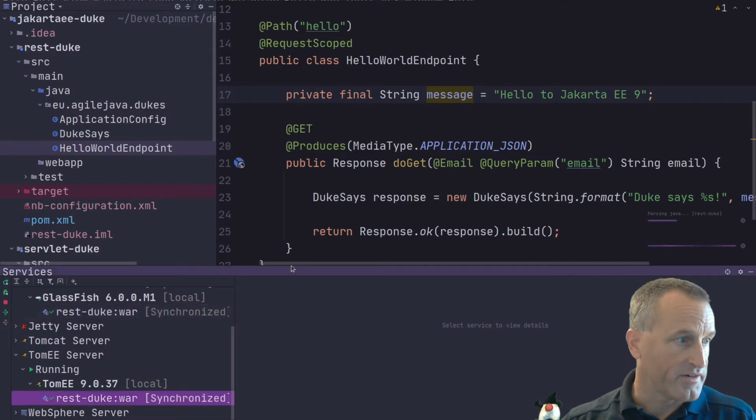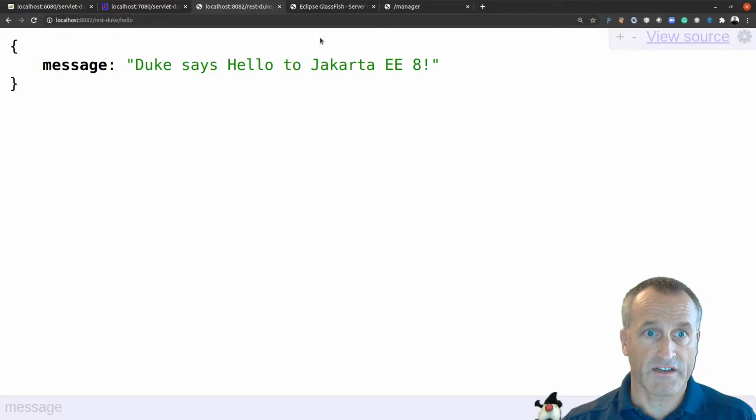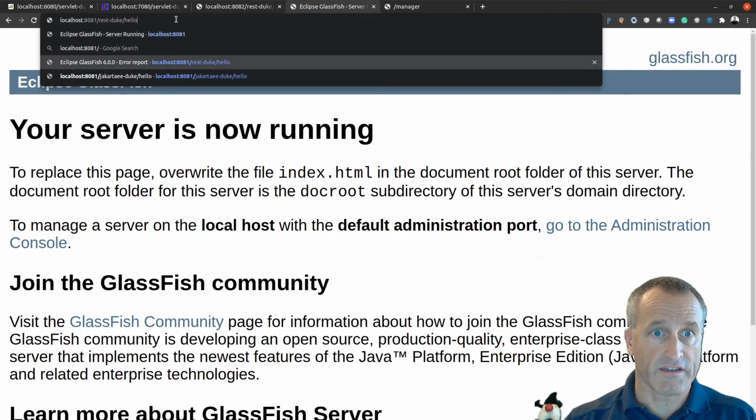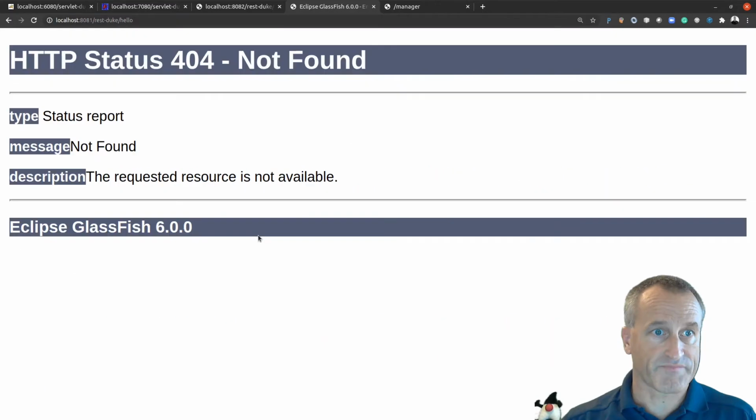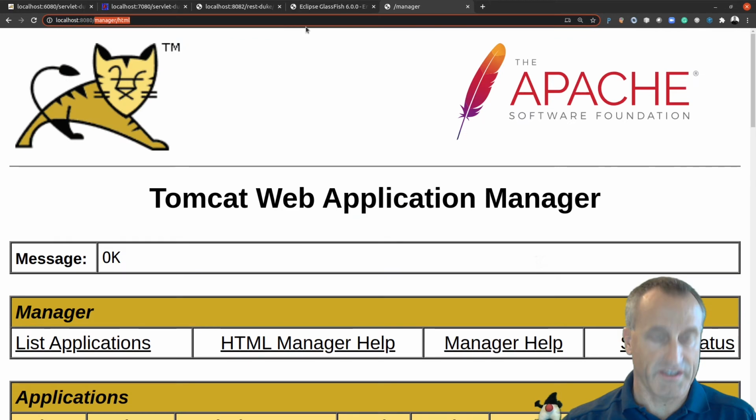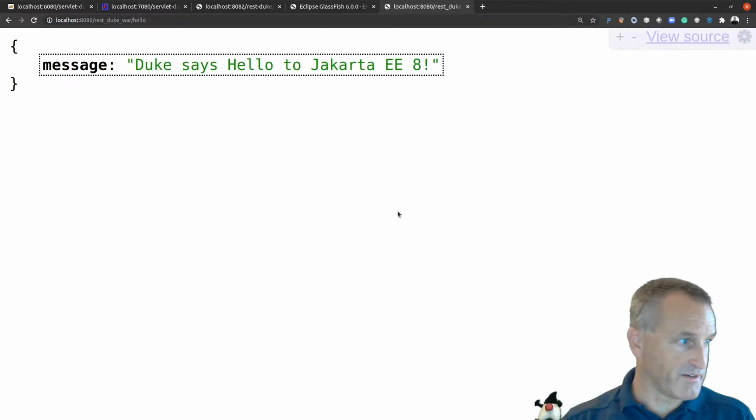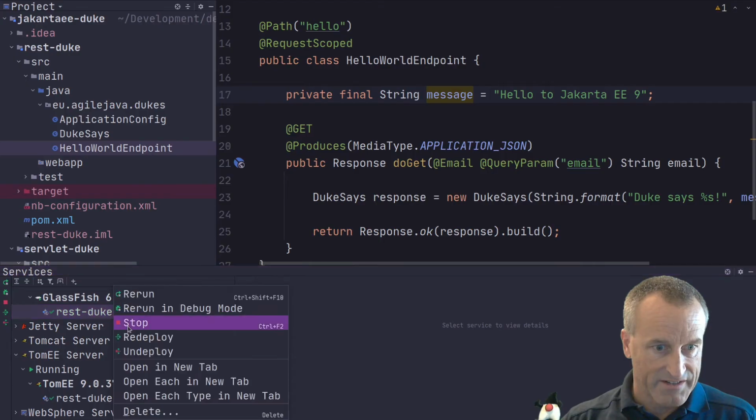So let's go to the browser and look at Glassfish 6. It's saying rest of hello. Oh, not yet. It's coming, I hope. Let's check Tomee. It says hello to Jakarta EE8. Okay, so it hasn't redeployed yet. Let's go and republish it here. There you go.